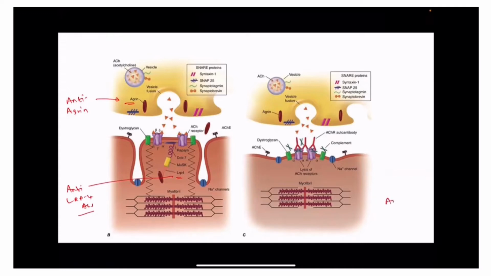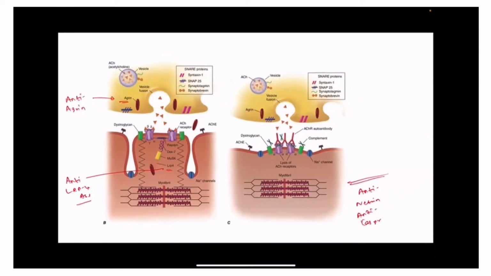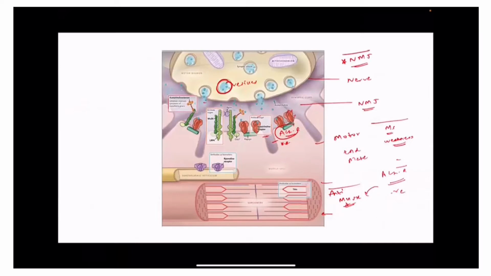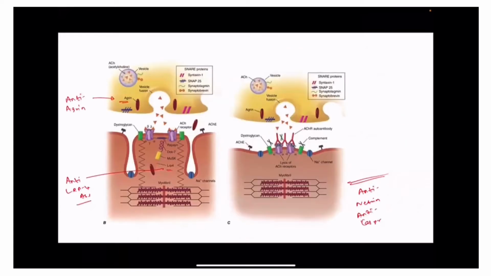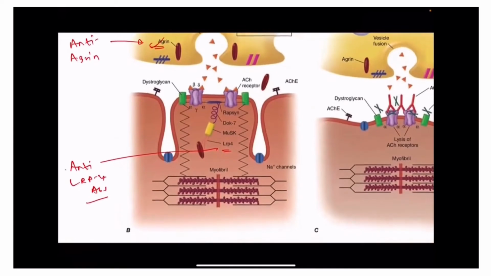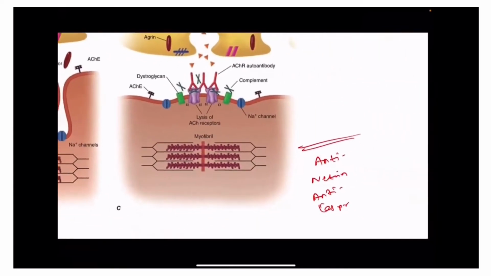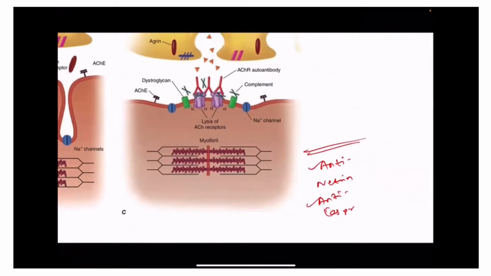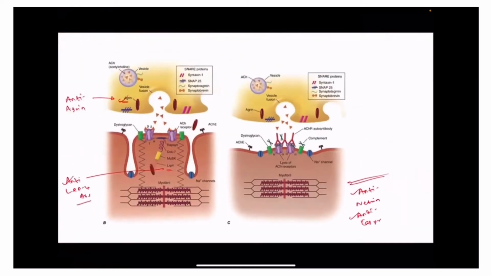Apart from that, there are certain other named antibodies, anti-netrin and anti-Caspr. These are all newer antibodies, but they might ask you about all antibodies found in myasthenia gravis except. So you should know, most commonly it is the anti-acetylcholine receptor antibody, the most common antibody. If that is not there, the patient can have anti-MuSK antibody. If that is not there, anti-agrin antibody, anti-LRP4 antibody, and the other two antibodies are anti-netrin and anti-Caspr. Okay, so far so good.